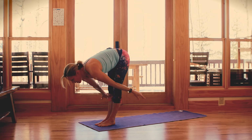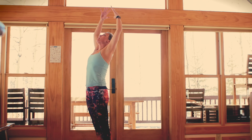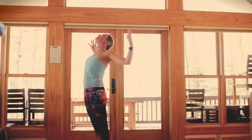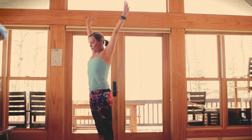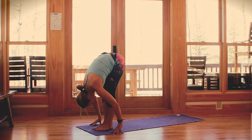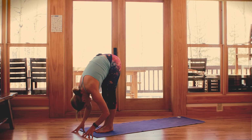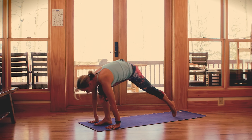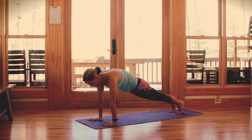Inhale, tall mountain, rise up. Exhale, cactus your arms. Tall mountain. Fold. Halfway lift. Fold. Step back, high plank, and hold it for 5, 4, 3,